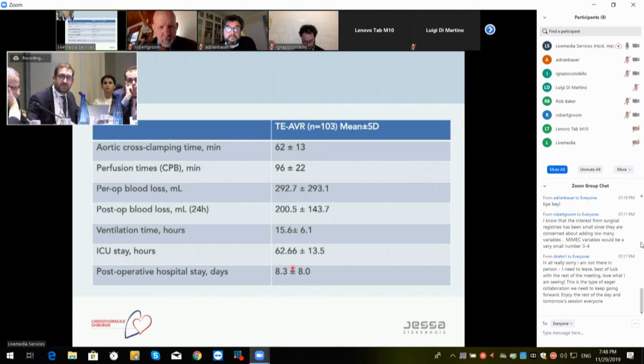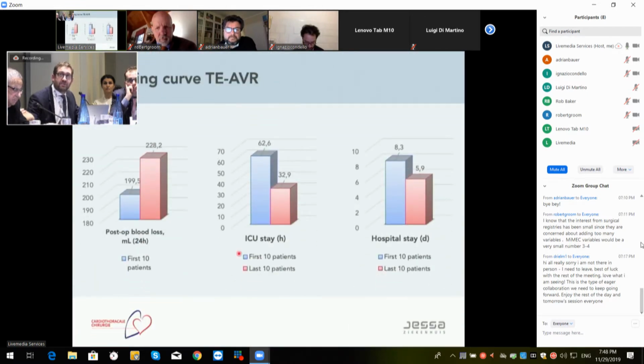Post-operative hospital stay is 8.3 days. The other group was 10.4 with 30% octogenarians. This is all, again, profit for the hospital. Also the learning curve, because it's an endoscopic part, if you look at the first 10 and the last 10 patients, there is some learning curve. Also, let's say for the team, with ICU stay the turnover is much higher, but especially I think the hospital stay